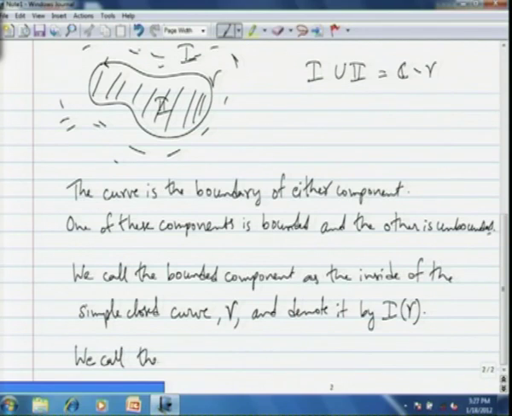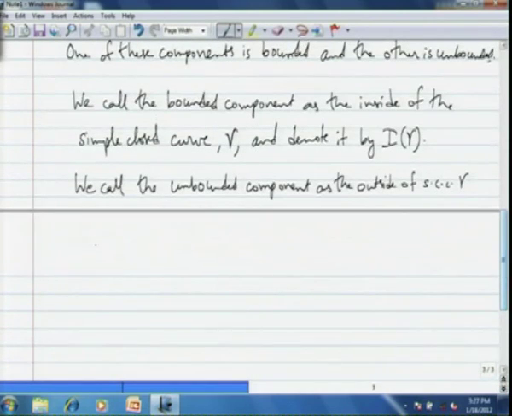Notice that I of gamma is defined only for a simple closed curve and not for a general curve. We call the unbounded component the outside of the simple closed curve gamma,